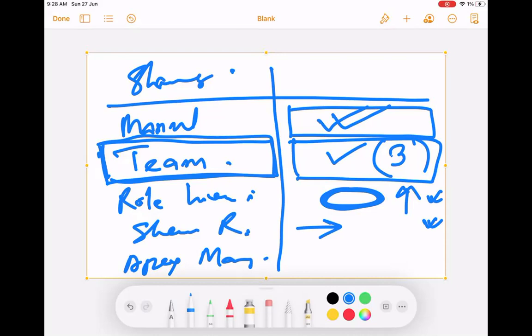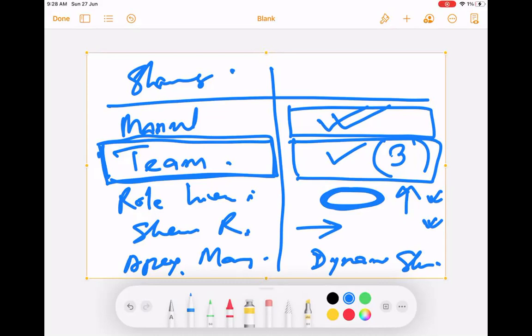That might be available only at runtime, or specifically when a situation occurs. Before that, there can be no way of knowing whom to share with. If that is the situation, then you have to use Apex managed sharing. So if dynamic sharing is required, then only you will use Apex managed sharing, otherwise not. Apex managed sharing is the last option, and only for dynamic situations. A dynamic situation means when you do not know whom you will have to share this record with.